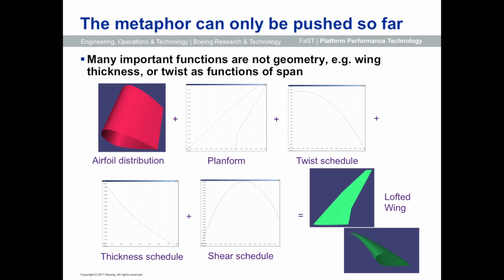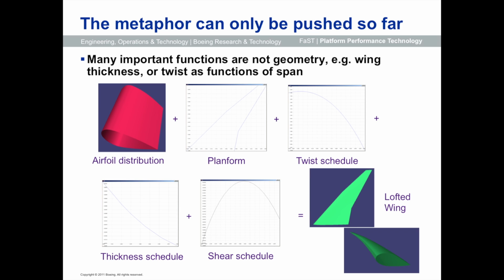One of the things that makes very experienced users of CAD systems very uncomfortable is that although you can use spline functions to represent geometry, not all spline functions are geometry. And so this metaphor of the basic entity in the GUIDuck system as being bits of geometry breaks down for all kinds of things. Here, these are the inputs to the GUIDuck wing lofting command.